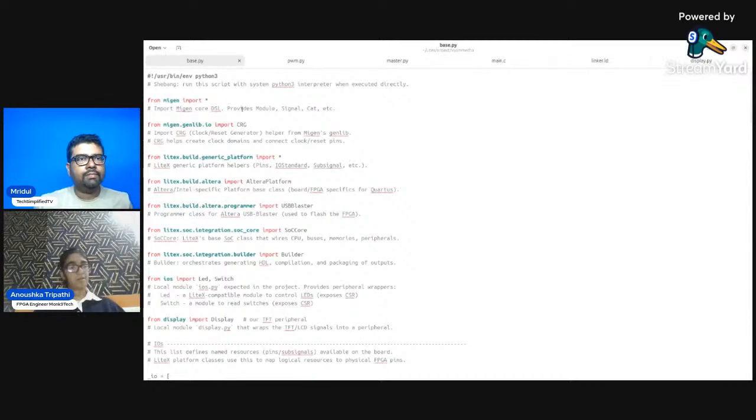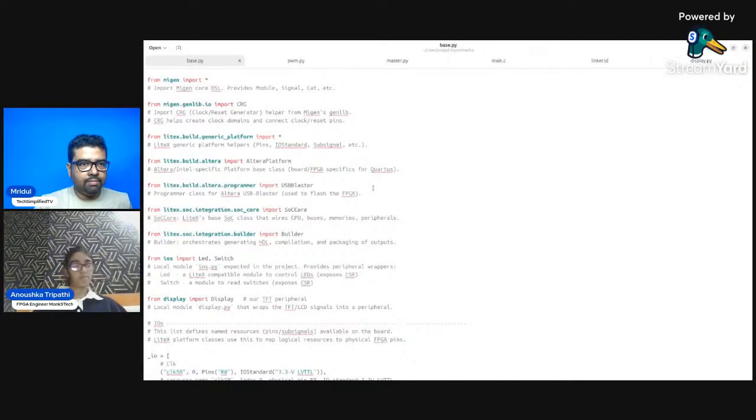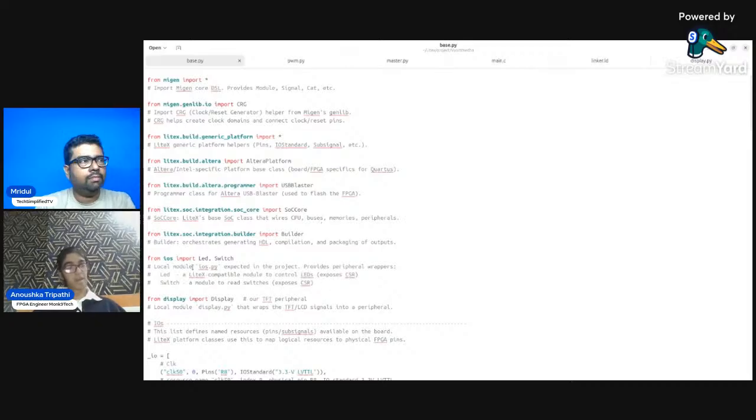So this is our base.py file with which we have implemented the SoC. So first of all, we import some important libraries. We have imported the Ultra, some FPGA specific files, the SoC builder, and we have designed a wrapper also for our modules. So this is our iOS